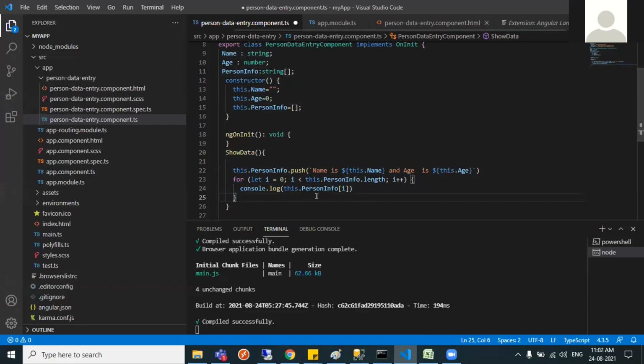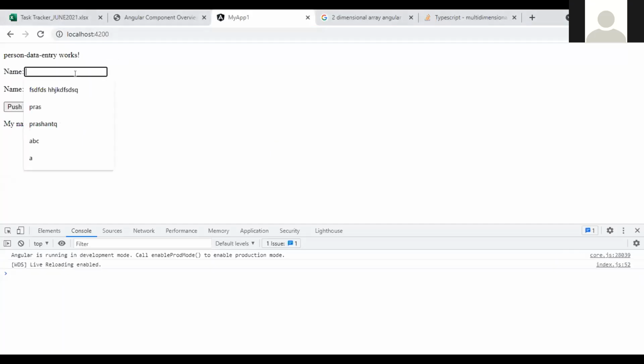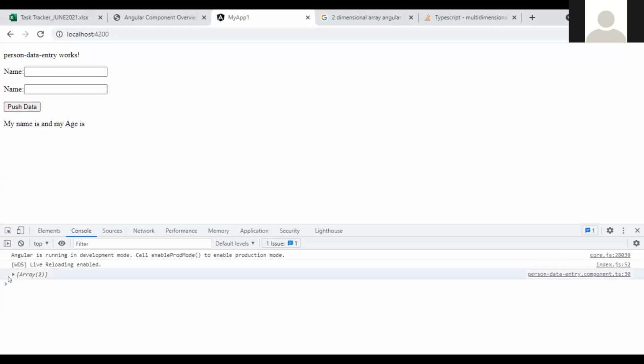Chintan sir, can I share now? Sure. See here: A, 5 push. So A and 5.